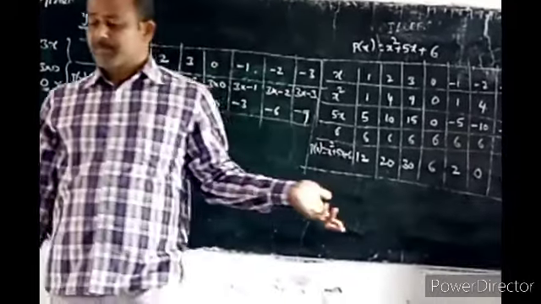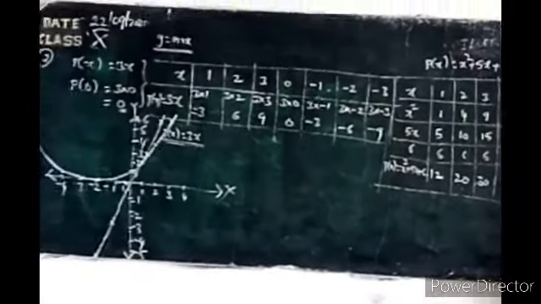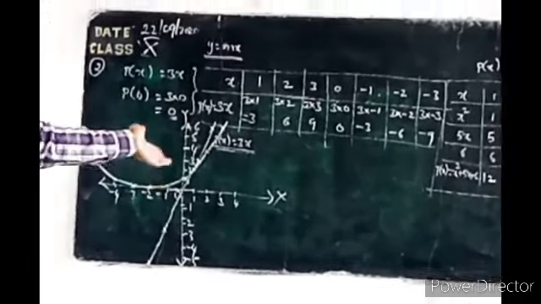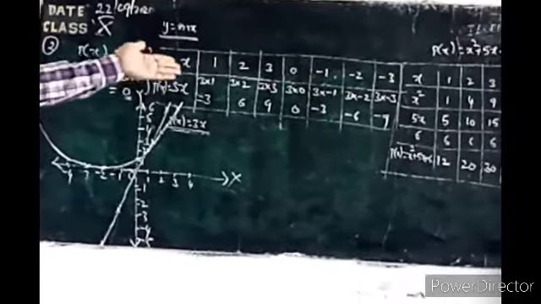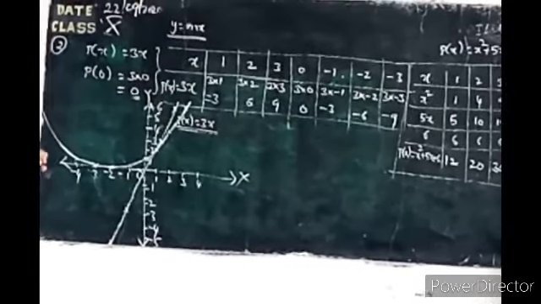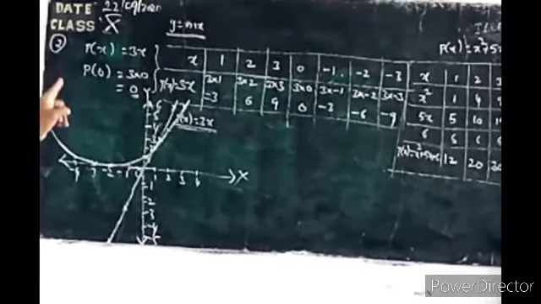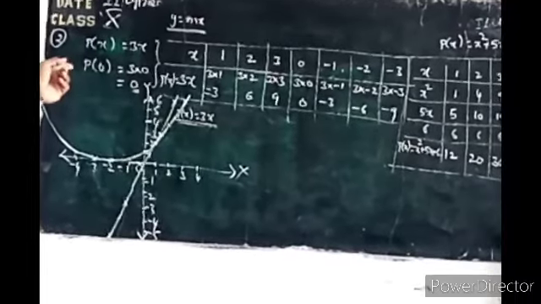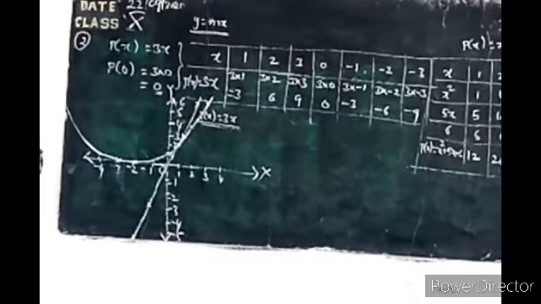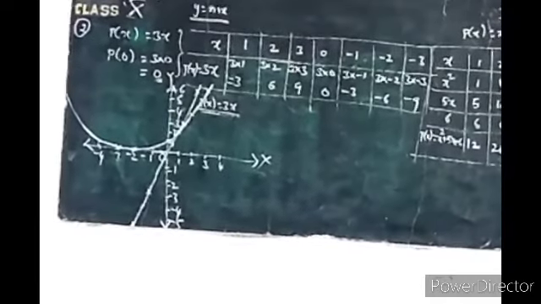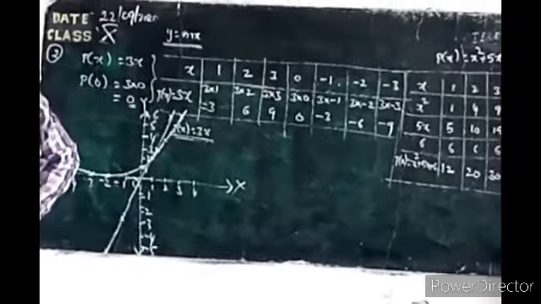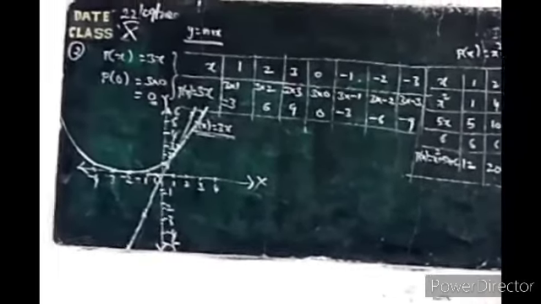Okay, na? Now next, the third one is also the same, just like this. Draw the graphs and find the zeros. According to this graph and this pattern, you have to prepare the table and then draw the graph. If it touches the x-axis, the zeros exist. If it doesn't touch the x-axis, it has no zeros. Fourth one. The fourth one we already did in the previous exercise problem.